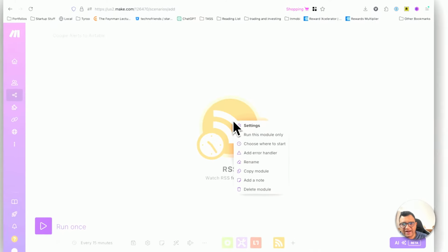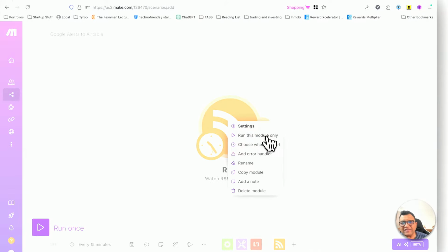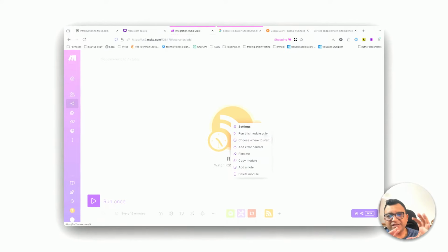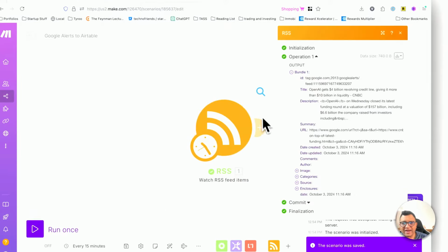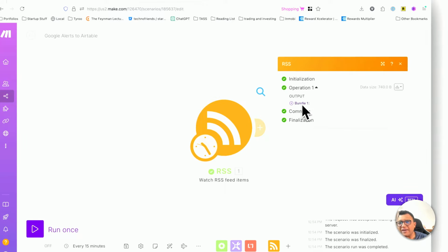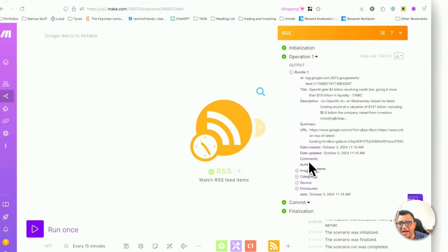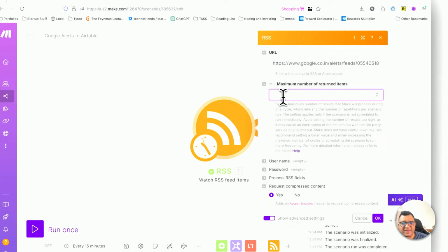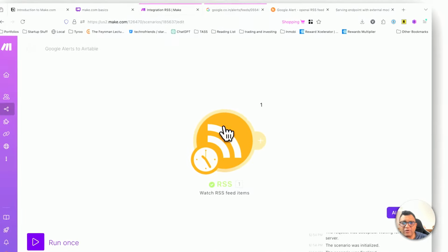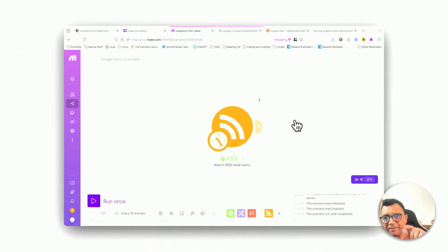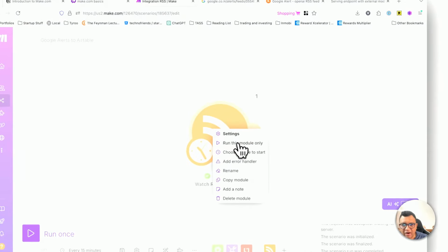So once you are here, if you right click on this and say run this module only, it will only run this module. We have already chosen where we want to start from, so now I'll just run this. If you look at it, something has come up. This search icon basically means that. And here it only says one bundle, right? Why is it saying only one bundle? Because it's only fetching one item right now. But if I change this and make it 2, and it says 1 here, which means one operation got consumed, right? So now if I run this module only,